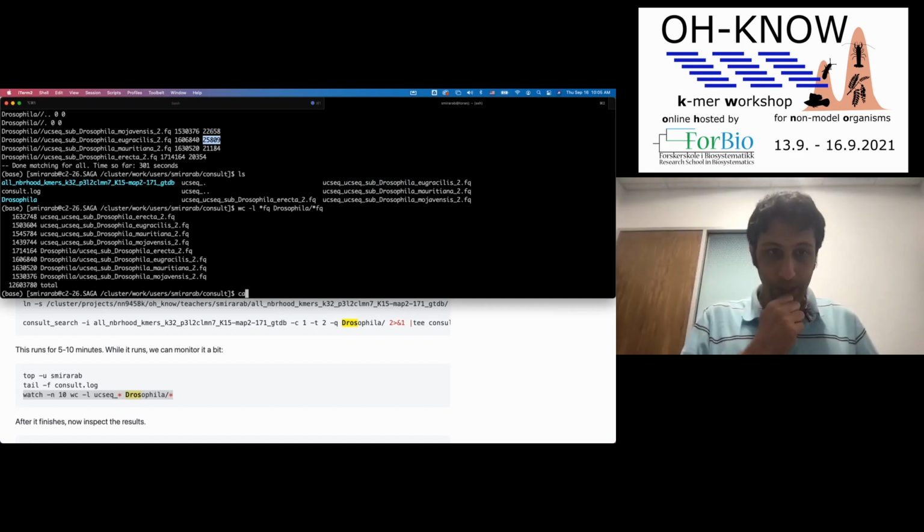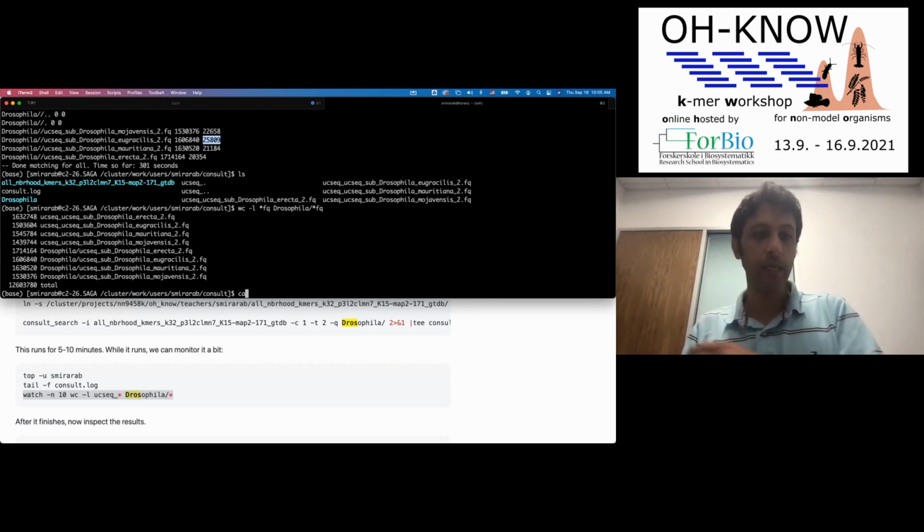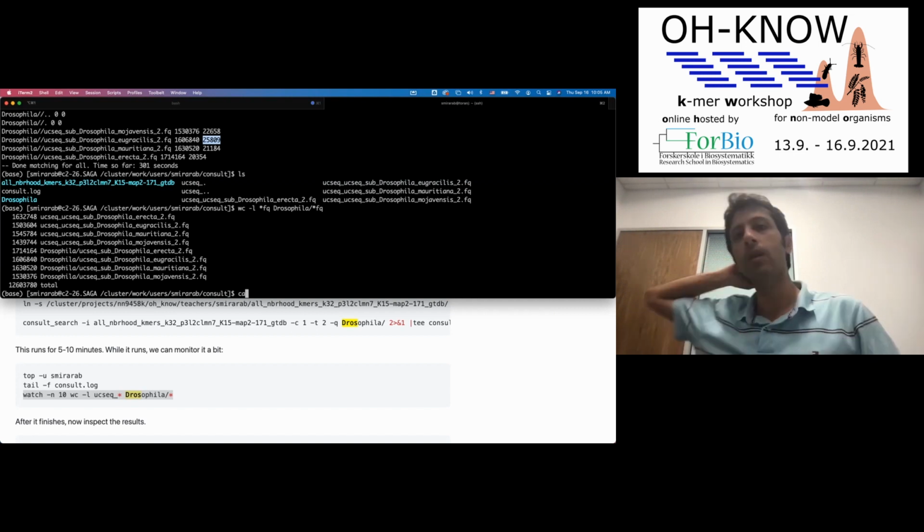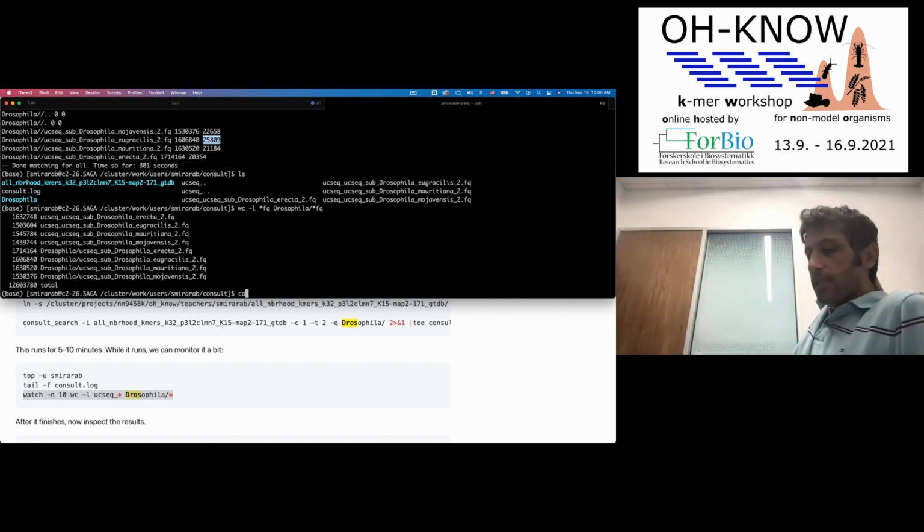How many samples does Apples scale to? Apples is ridiculously scalable. So not MISA. MISA is slow, but Apples just basically takes no time. You can run it on a very large data set, a large number of samples, and it would be very fast. Skimmer is a little bit slower. You have the step that is for computing distances. If you have 100 low coverage samples